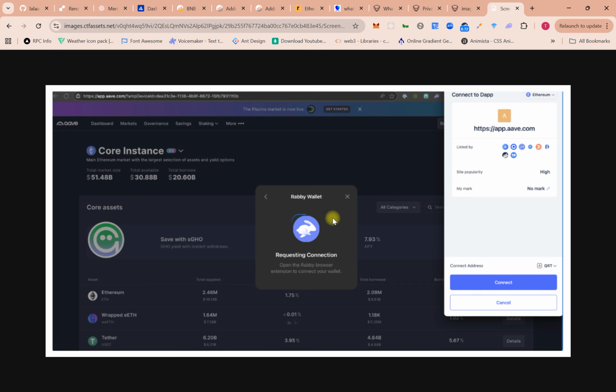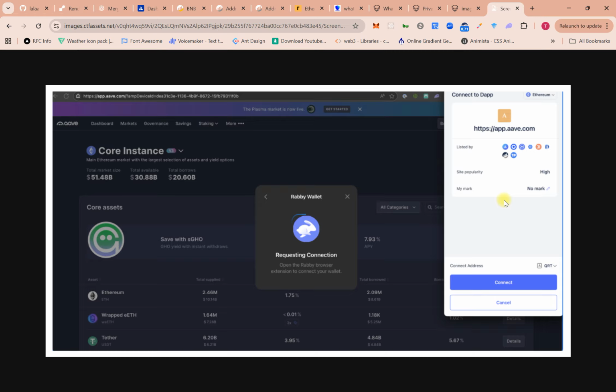First, be careful when you are connecting your wallet with apps. You must verify the domain name is correct, and when you are signing, also check the domain name. You can even go into the details and see what you are allowing this app, because these apps later take approval of your funds, and then they can